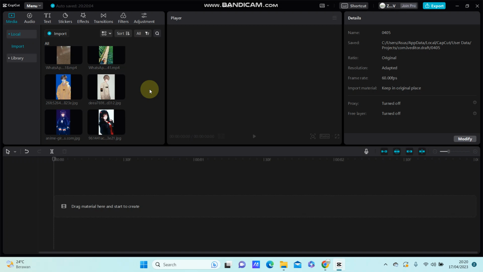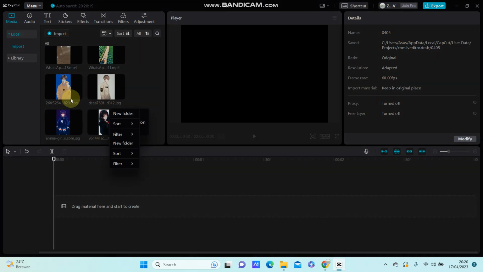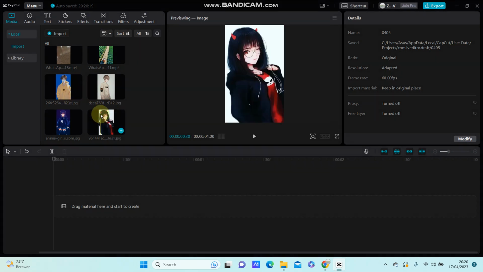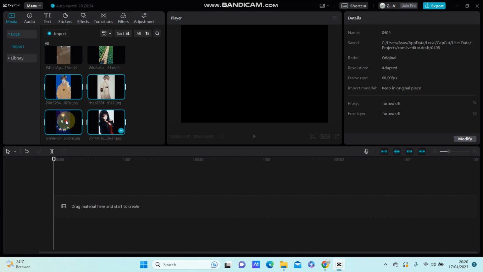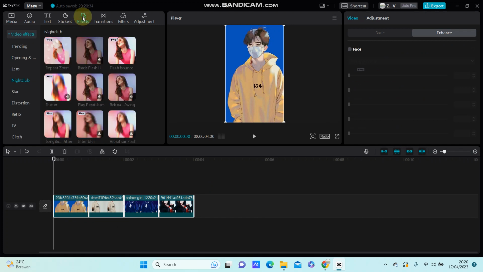Hey guys, in this video I'm going to show you how you can use the color strobe video effect as a transition in CapCut for PC. So for example, I'm going to select the images that I want to edit to the track. I set the image duration to 1.0 second and I'm going to make the color strobe transition